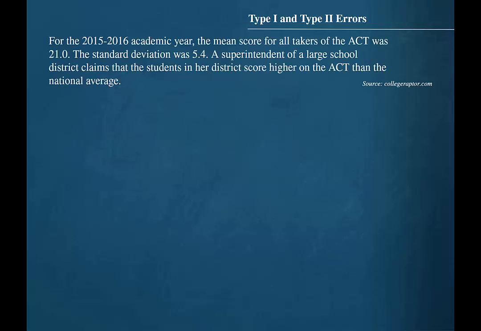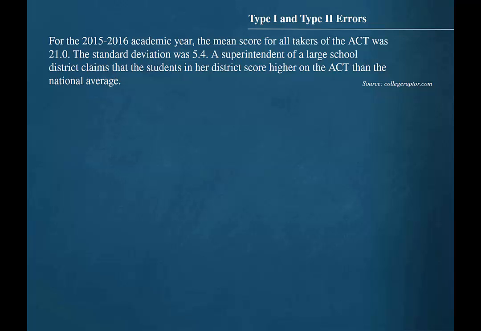For the 2015-2016 academic year, the mean score for all takers of the ACT was 21.0. The standard deviation was 5.4. A superintendent of a large school district claims that the students in her district score higher on the ACT than